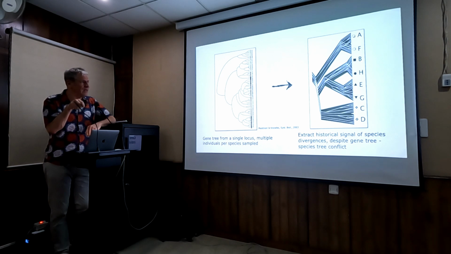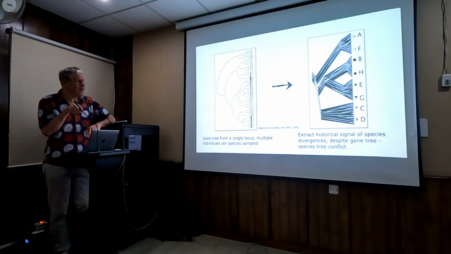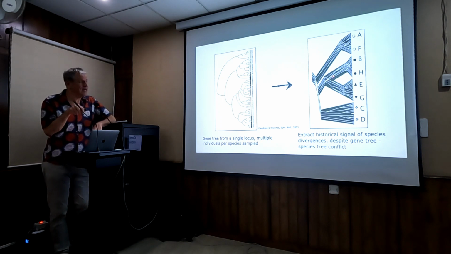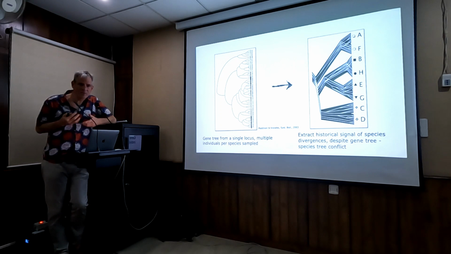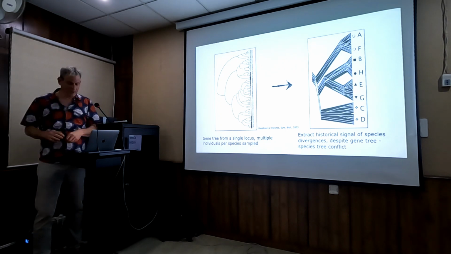So the species are A to H, and then all of these lines are individual gene lineages, showing that you actually can have gene conflict, but in the coalescent model, these conflicts can be reconciled into one single